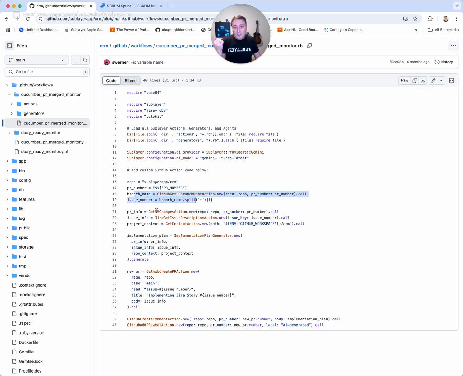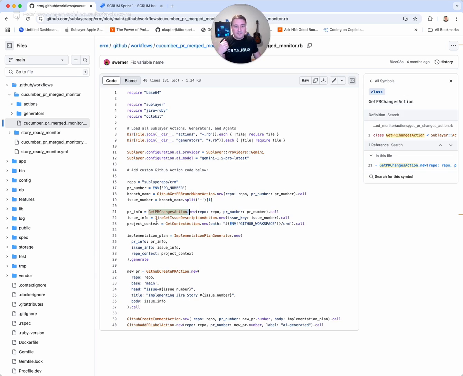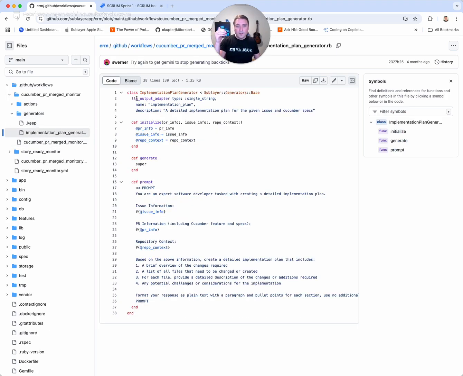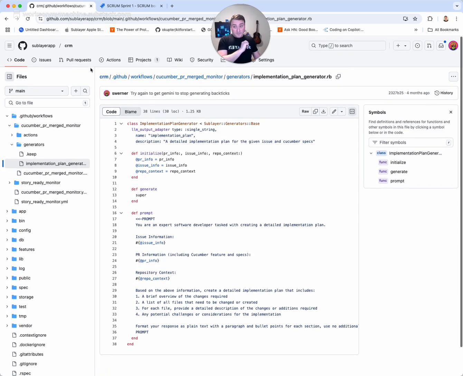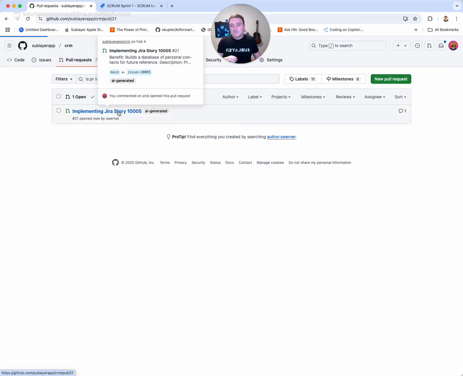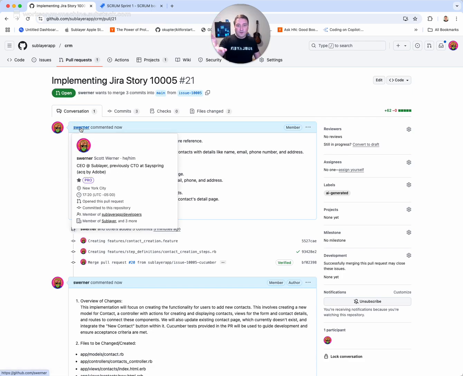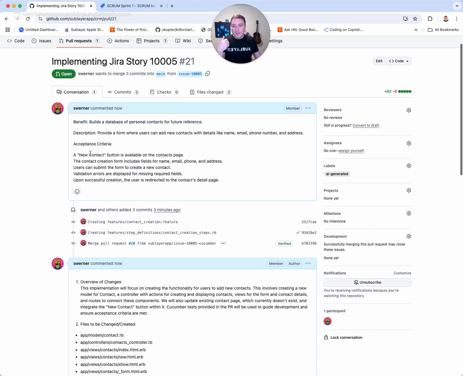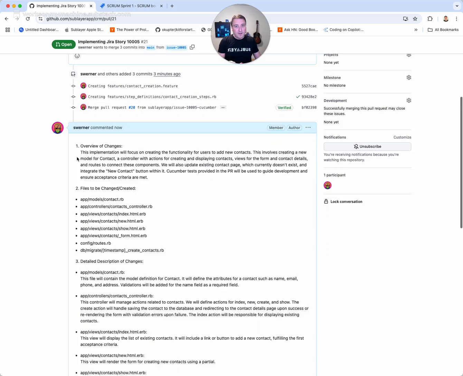it gets the branch, gets the PR changes, which are the cucumber steps, gets the issue description again to make sure it has that in context, and then generates an implementation plan, creates a new PR, and then comments on that PR with the implementation plan. And again, you can see here in generators, we are really just doing a simple string of the implementation plan, give it all the context, and see if it's made the comment yet. It's made it. Cool. So we've got this PR for issue 10,005, and we've got the implementation plan from Gemini